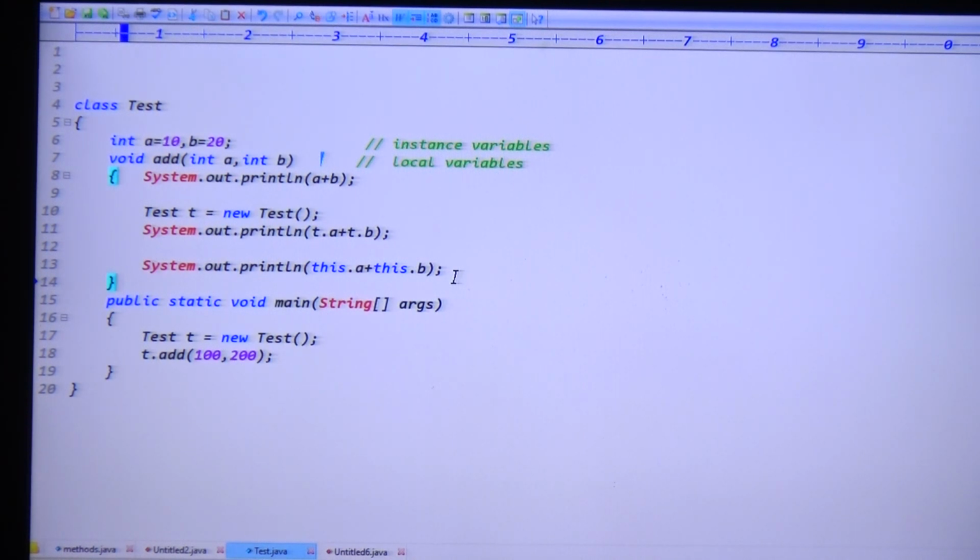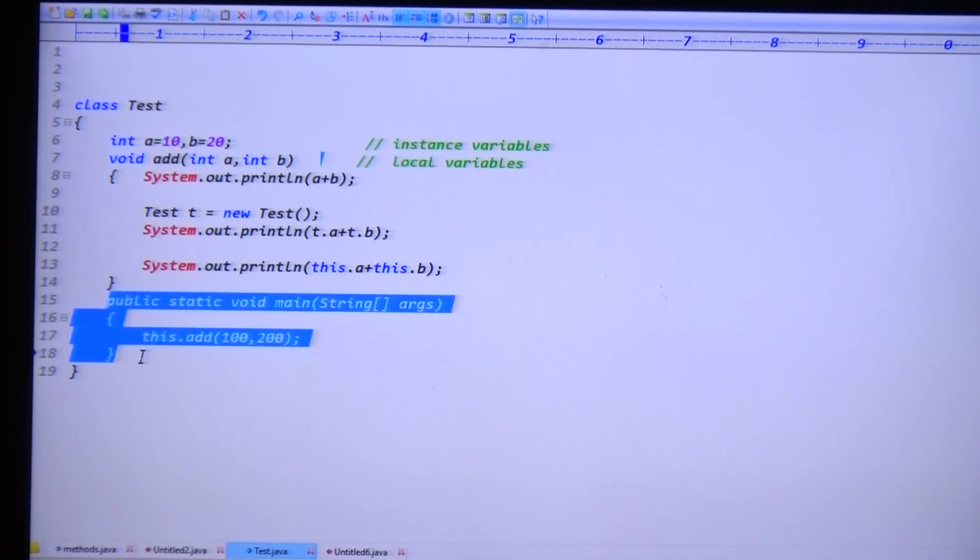Good. Sir, you said in place of the object we can use the this keyword, which represents the current class object. Sir, in the main method I am also creating this object. In place of the object, can we use the this keyword or not? Actually, this is the instance variable, guys. The conclusion is: you cannot use the this keyword inside static methods. Okay, guys, that point is clear.